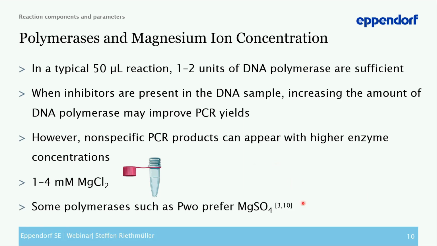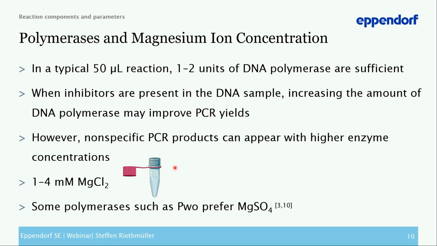In case you have inhibitors present in your sample, it sometimes makes sense to increase the concentration of DNA polymerase to improve the yield. However, it's also true here that a higher concentration could lead to more unspecific products. So if you don't have any inhibitors in there, it's totally fine to use 1 to 2 units of DNA